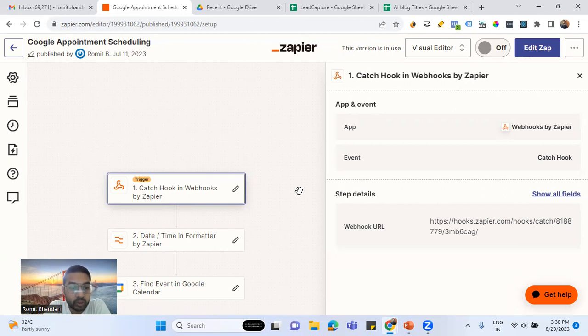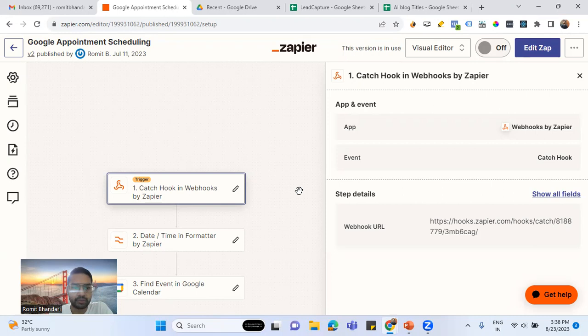So the drawback here is that if there is a meeting already existing on that day and time which the user selected, we can never send the information back to Botpress. Okay, maybe there is something available in Botpress where we can try to create a webhook in Botpress and try to send the response. That is something more advanced, but